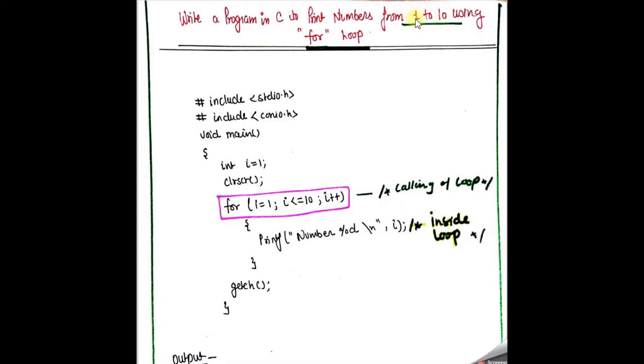What I actually want is to print numbers from 1 to 10. As in the case of the while loop, I also told you that we can store these values from 1 to 10 using variables i, j, k, l, m, r, a, b, c, d, up to the 10th variable, with one value in each variable, and with the help of the printf and scanf functions we can call them directly. But for that we need to write the printf and scanf functions 10 times.